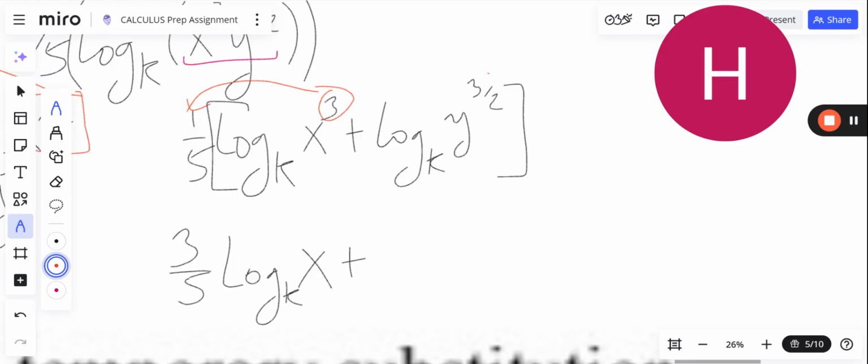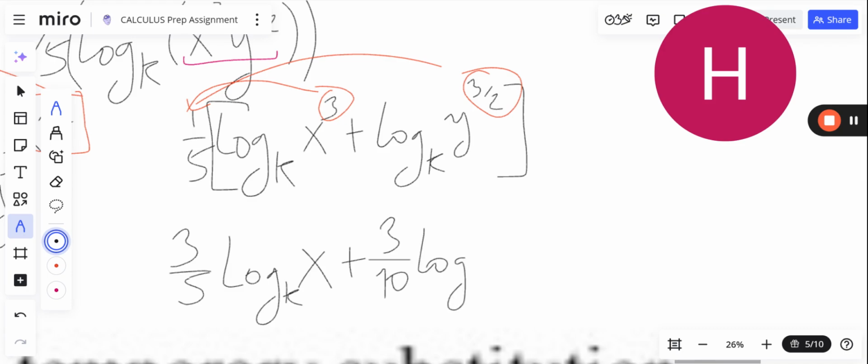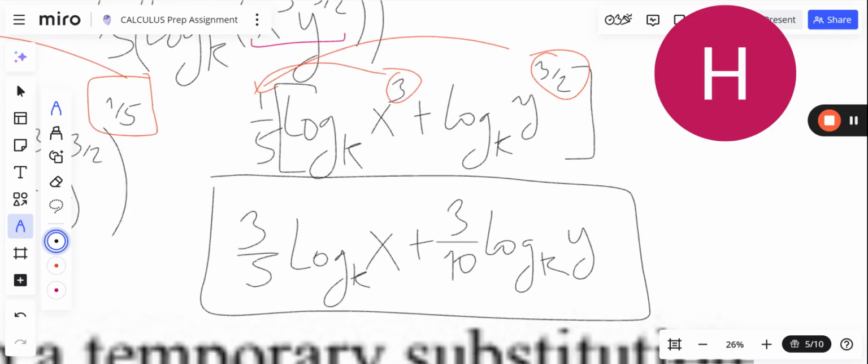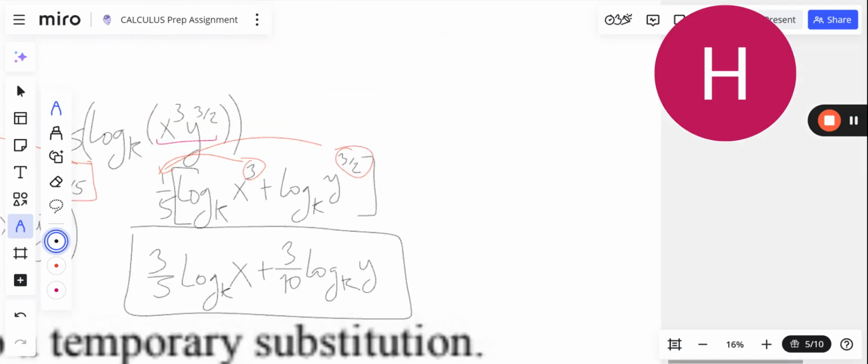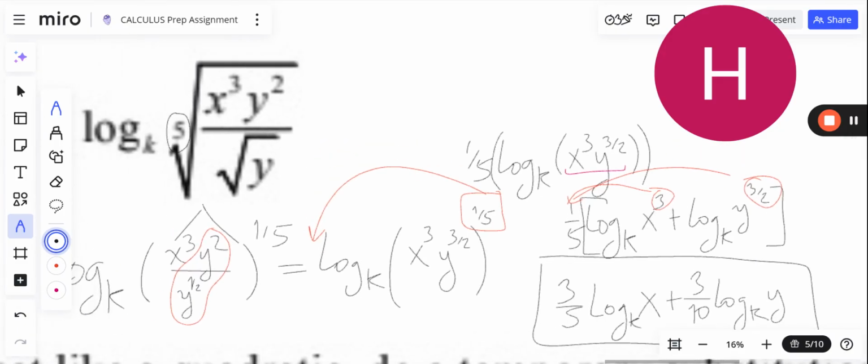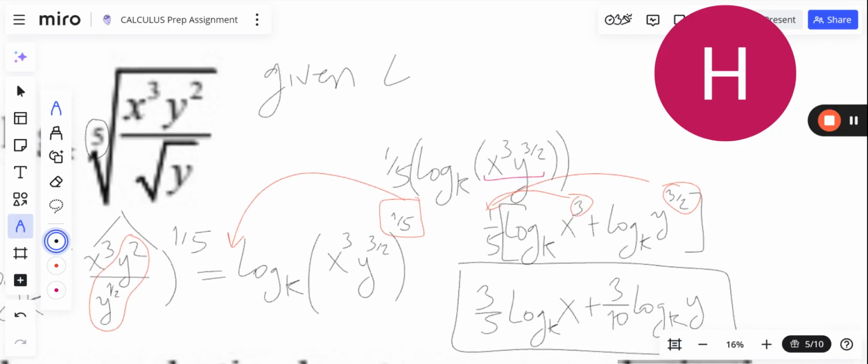And then when we distribute the 1/5 to the second, I guess we're sort of distributing it the other way, we'll have 3/10. Oops, different color. So I put the 1/5 on both of them, but I just multiplied their power in front. That's all I did. And the reason why this could be better is because some problems will give you a value for log k of x. You've probably seen some questions like this. They might say, given that log k of x equals like 0.6,